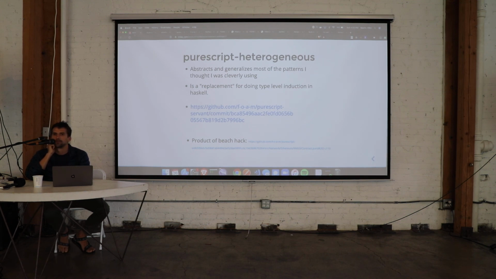A question to you, or maybe the audience, for this purescript-servant. I know that people run full stack Node apps, where your server is also in Node. Would it be potentially interesting to replace Haskell servant with purescript-servant and run a server, more than just gluing stuff together? Yeah, if you're interested in running servers in PureScript as well, I have never done it,